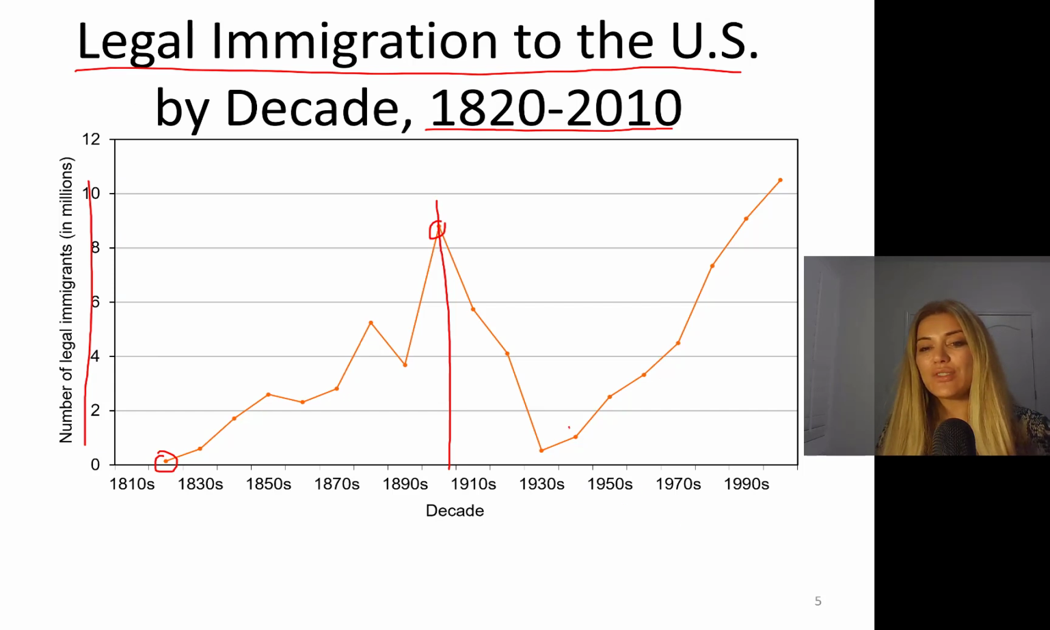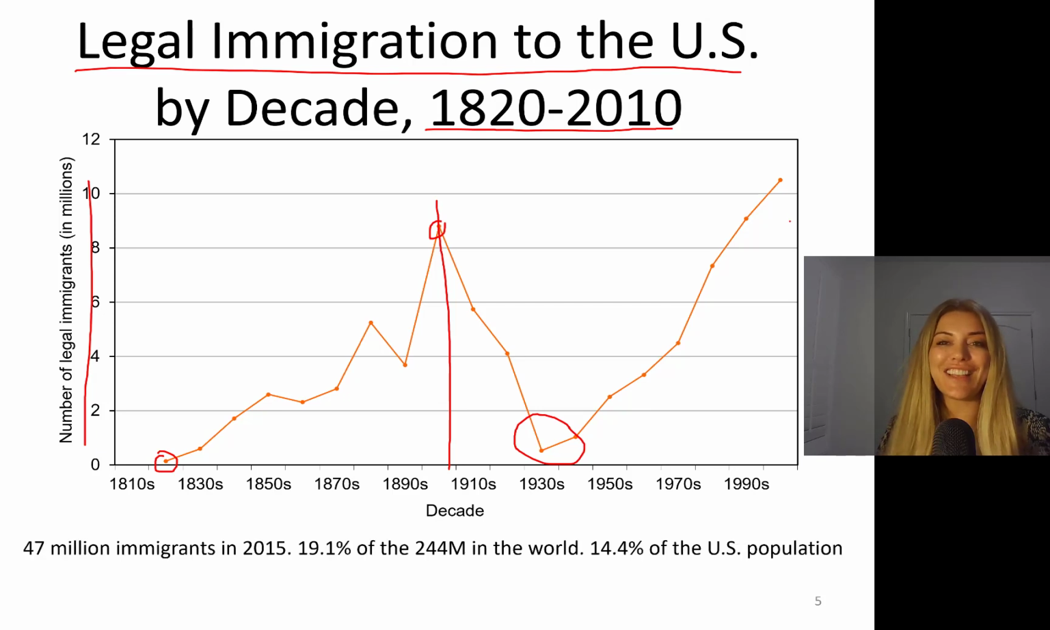And there is a huge dip here. What happened here? What happened here? This is the Great Depression, right? Prolonged recession in the United States. Then immigration has increased tremendously starting in 1930s, and now we're getting by decade about 10 million, more than 10